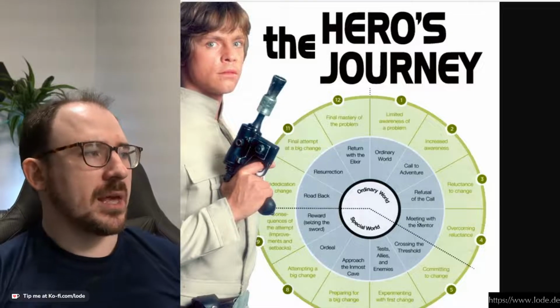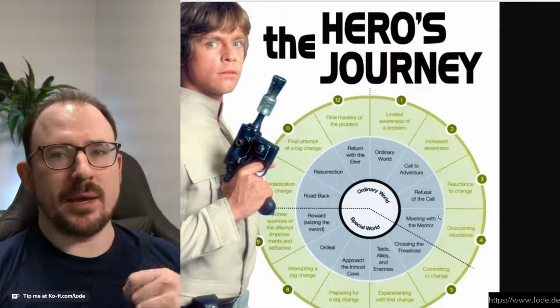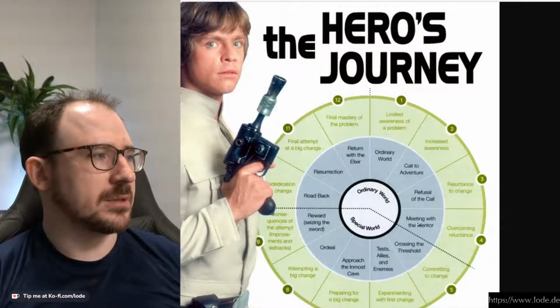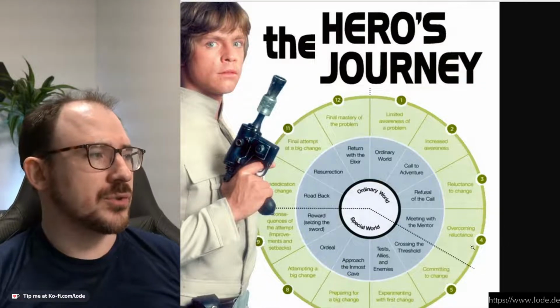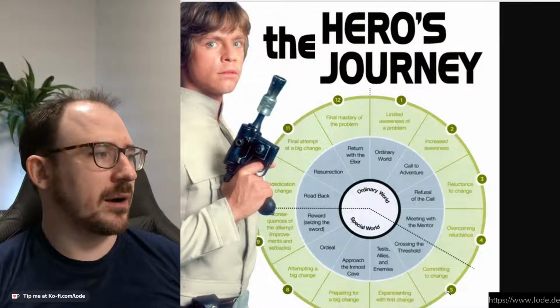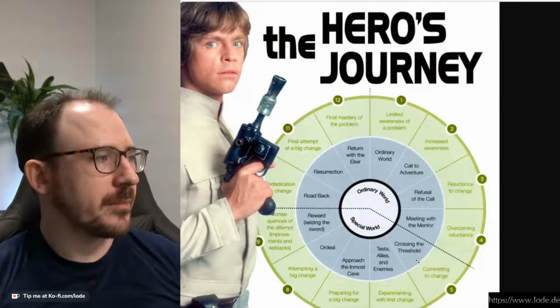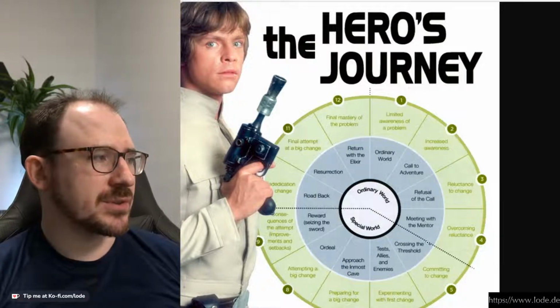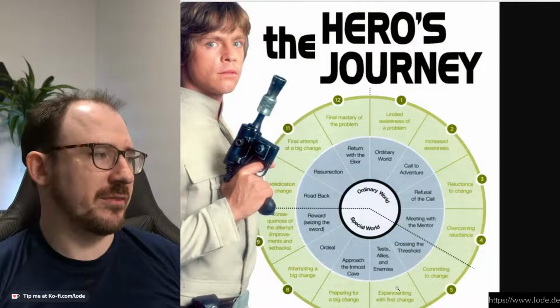Then he meets the mentor and gets to know the story, or his call to rescue the princess. Then his parents are